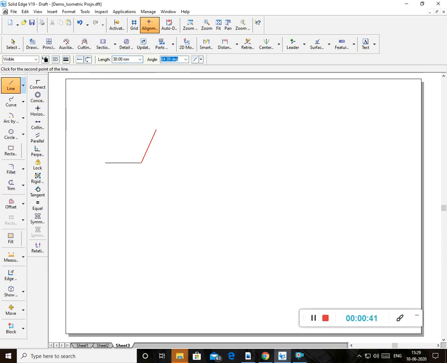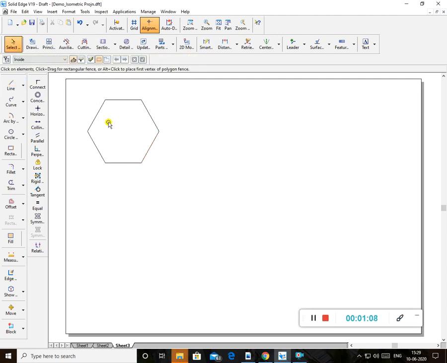So how to draw the hexagon? You know, this is 0, this is 60. Then again the next is 30, so how much is it? 120 it becomes. Then again 30, it becomes 180. Then again the length 30, it becomes minus 120. Then again 30, and it is minus 60. So this is the way you have to draw. You can draw corner to corner or flat to flat, anything as per the problem requirement.